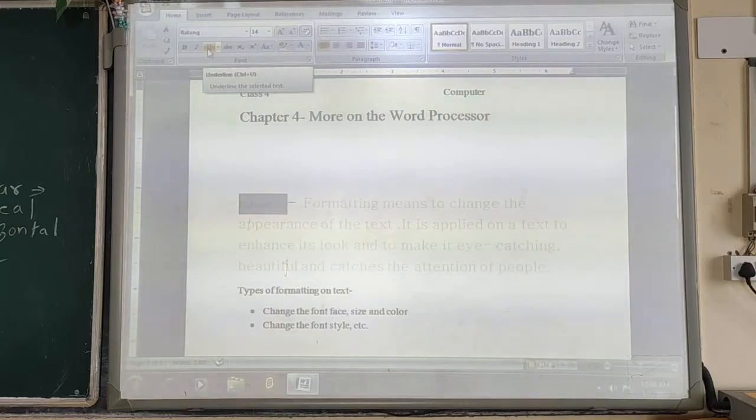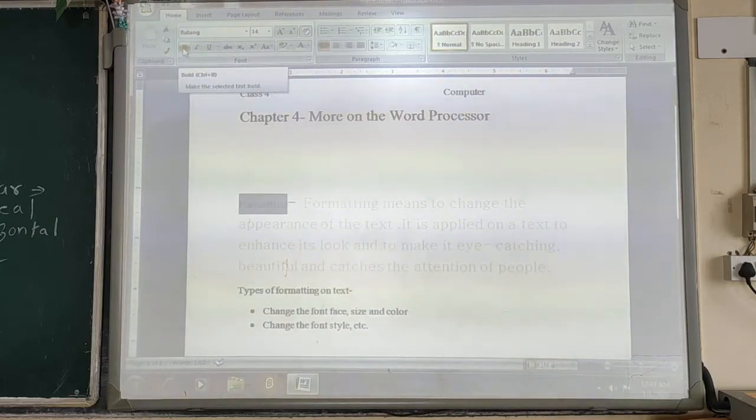And the shortcut key for bold is Ctrl plus B. So after selecting the text, click on the home tab, go to the font group, and from there select the bold option.